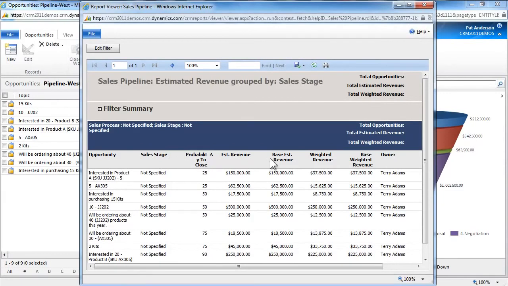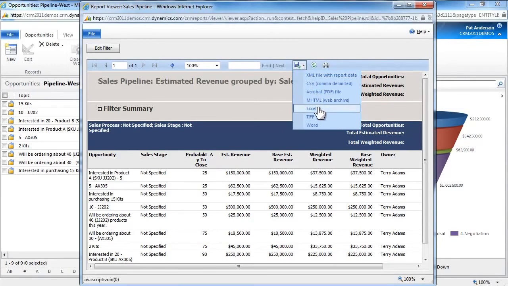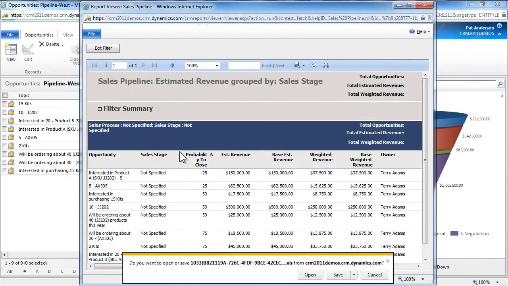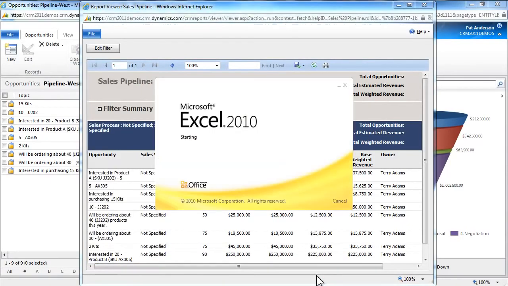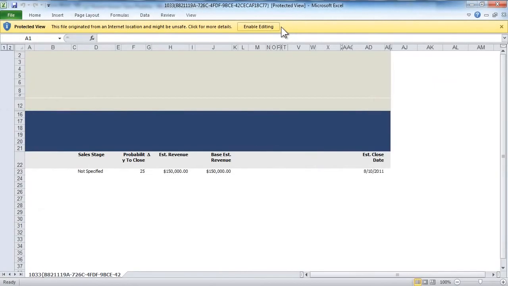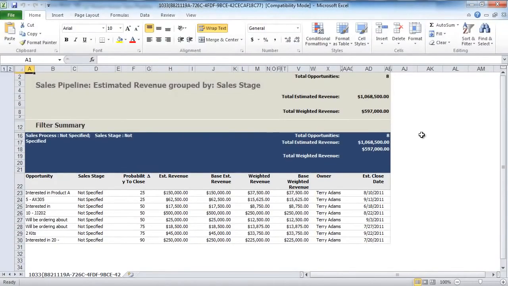I can slice this in different ways, sort it, and do things like print it or export it to Excel or Word or a CSV file. In this case, I've chosen to export it to Excel. Now if I look at this in Excel, I could save this to my desktop, and you'll also notice that